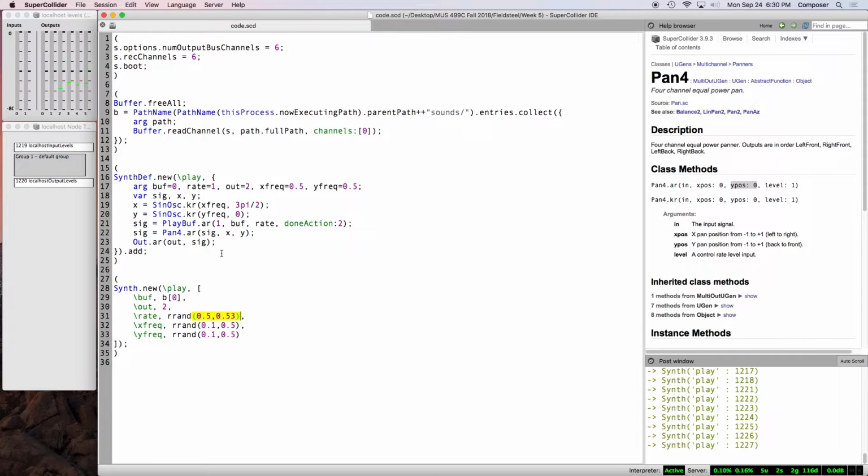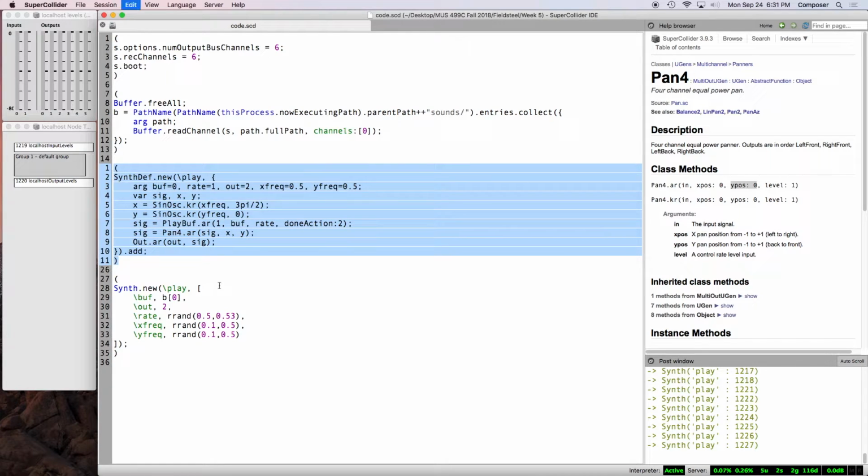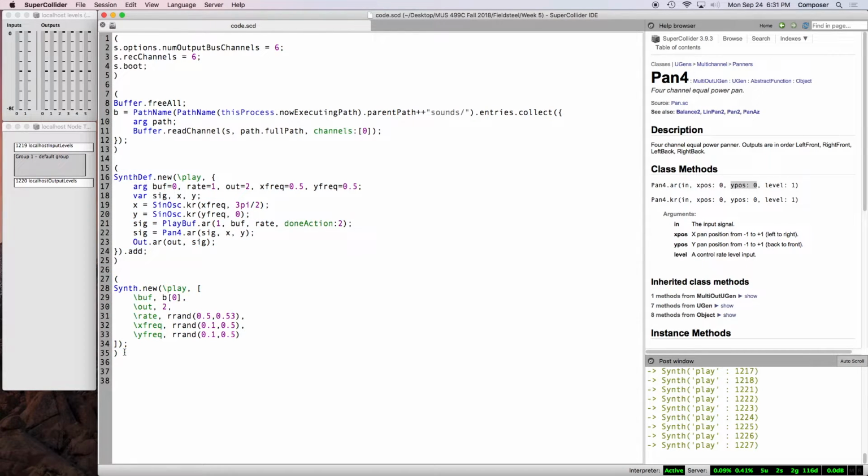Okay, so I think that probably makes the point clear about what Pan4 is capable of. It's really good, especially when you're thinking in terms of Cartesian systems, but it's not the only option for quadraphonic panning. There's another panner which I would like to devote some attention to, and it's different enough that I'm going to make